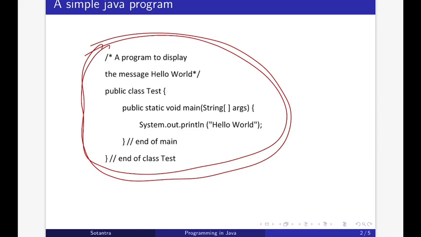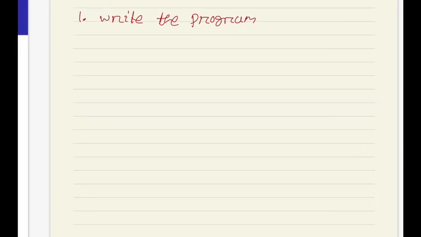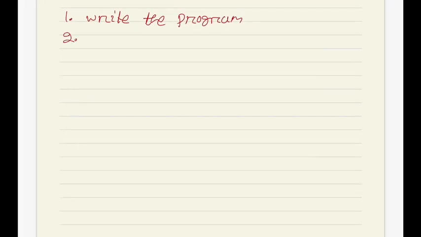Then in the second step, save the program. You need to remember that the name you give to the source file is very important.